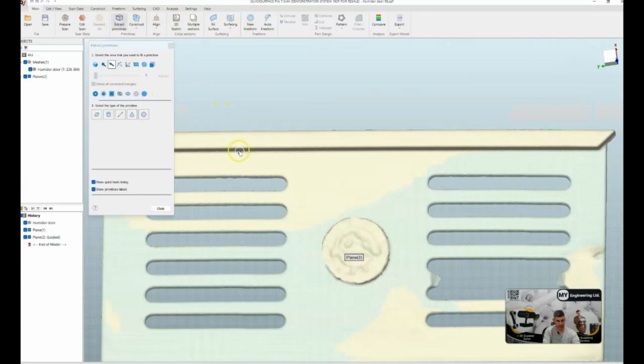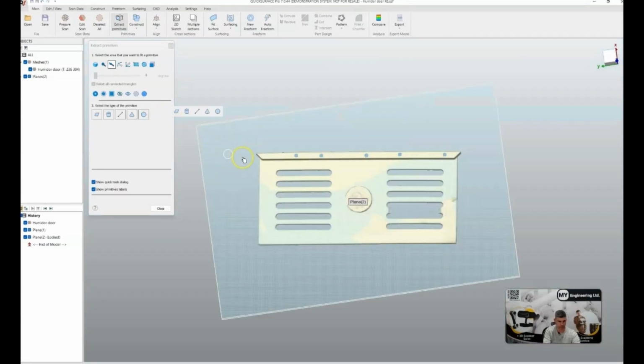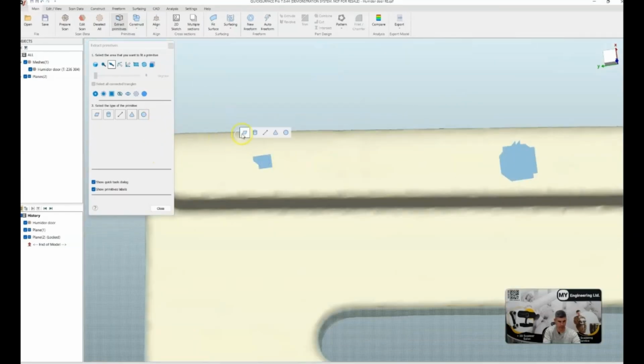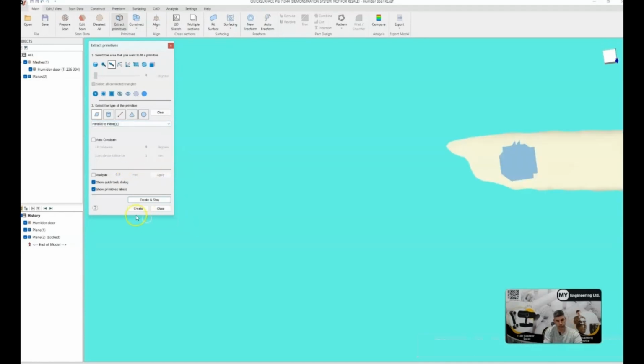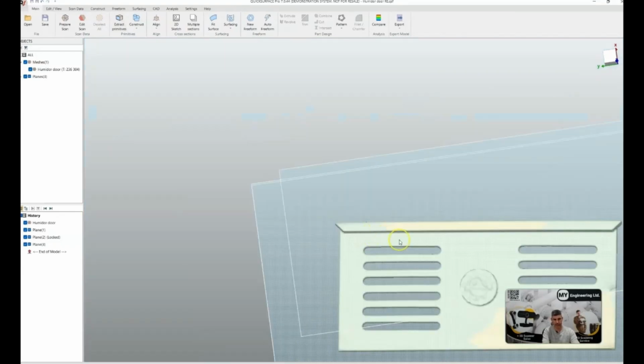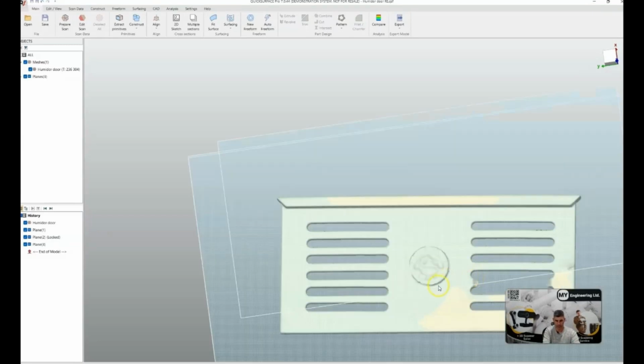I'm going to do extract again. Just pick a few spots across here. Create another plane. Constrain it parallel to plane 1. I want to make sure that everything stays nice and parallel with our surfaces so that when we use the 3D printer, it extrudes everything in nice flat layers. You're not going to have that sort of stepping layer design. So now we have 3 planes,